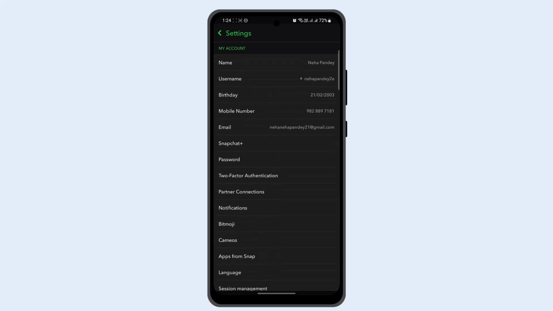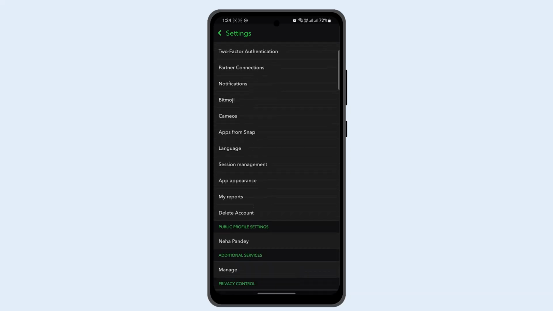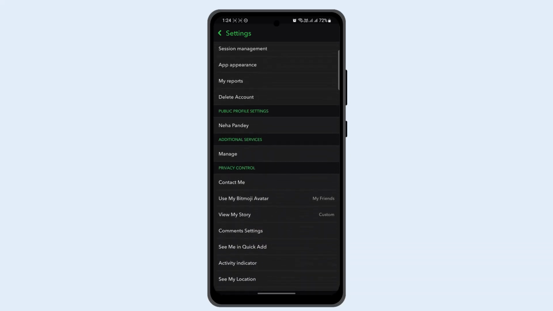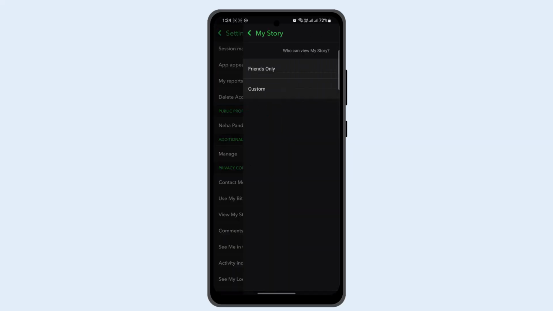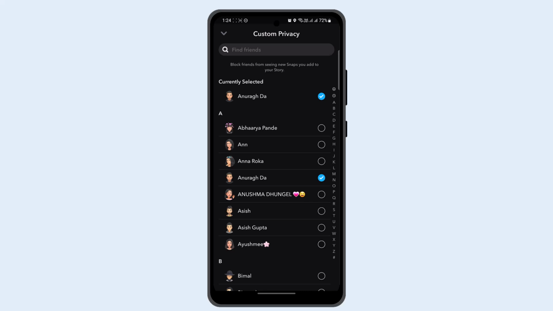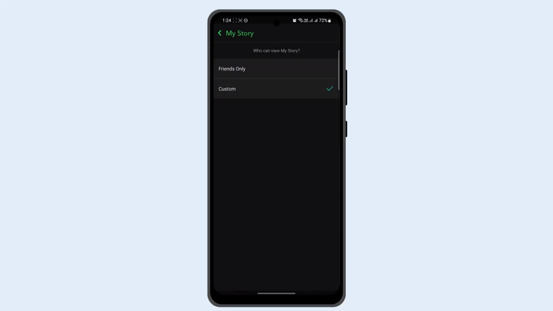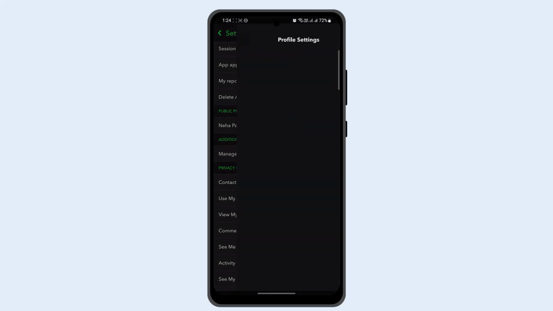So here you want to look for privacy. So you could see view my story. You could see this view my story, and here you could see custom. Everybody else will be able to see it, except for this particular contact. So you could just go ahead and click on friends only, or you could go ahead and make changes with that as well. Apart from it, you could also try restarting your Snapchat application, and this should be able